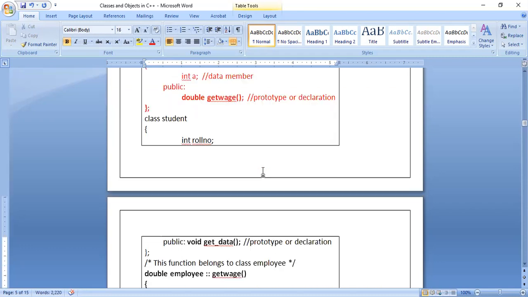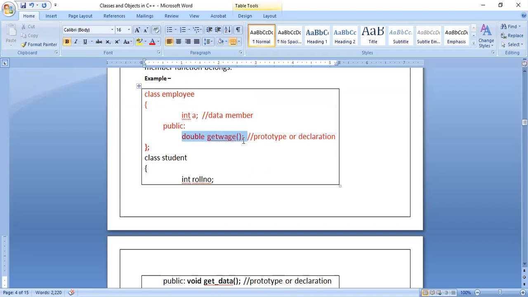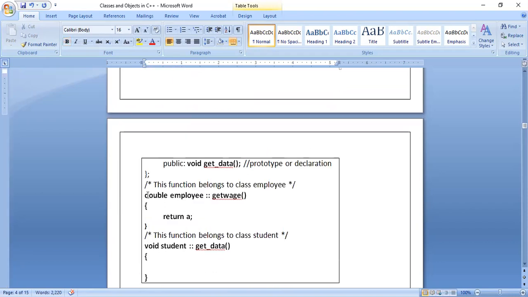Previously I showed how to write it inside the class. Now this is outside the class, so when you are writing outside the class, you have to follow this rule: write the return type, class name, scope resolution operator, function name, opening parenthesis, closing parenthesis, opening brace. Inside that you write the code, then closing brace. Look at the prototype and you will come to know how to write this, because in the prototype, the return type is already present, the function name is present, and the opening and closing parentheses are present.